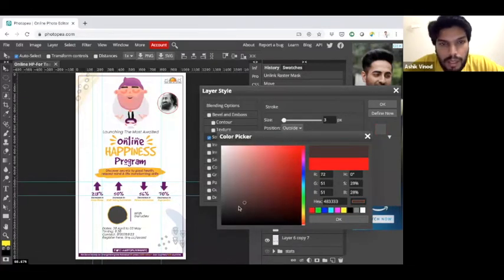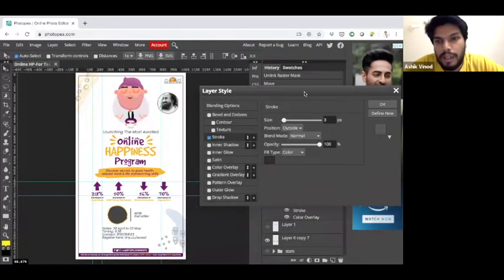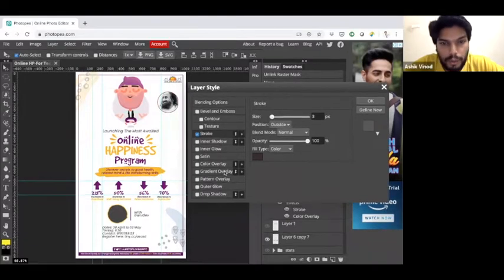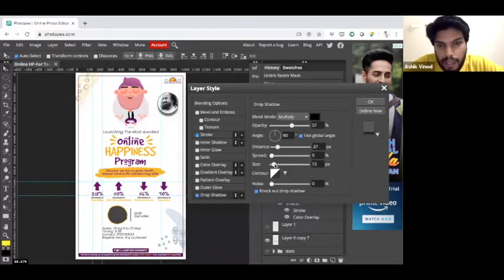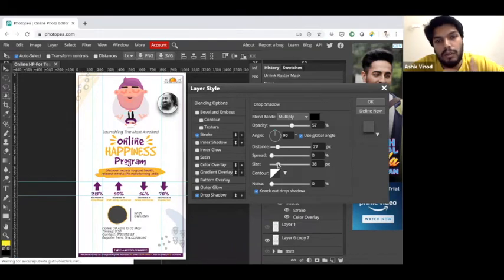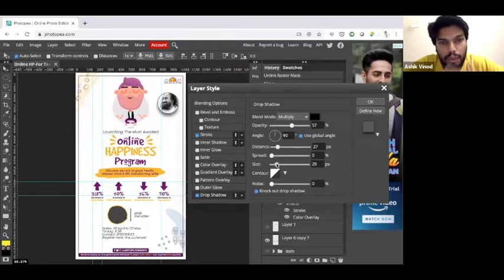Now you can actually change it to black or any other color you want. That is one thing. Now I have a few more layer styles which I commonly use, which is the drop shadow. This also gives the image a three-dimensional touch. You can see that there is a shadow which has come below it. You can increase or decrease the size of the shadow. This is a pretty cool feature to make the poster very elegant. But make sure you use it only on those elements which you need to make stand out.